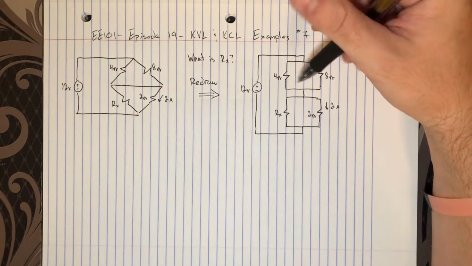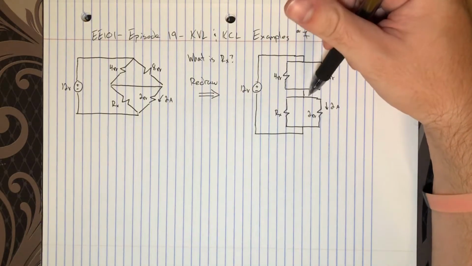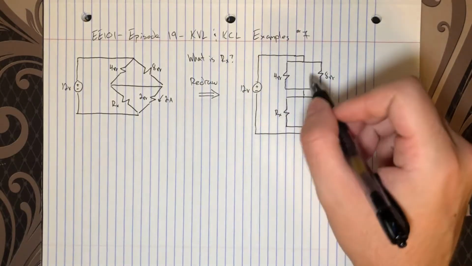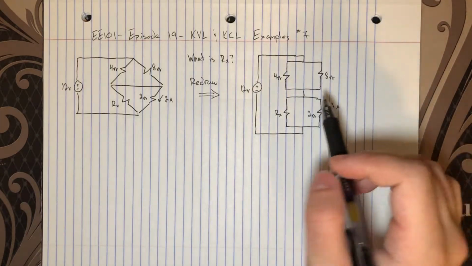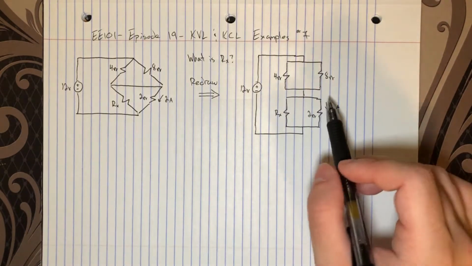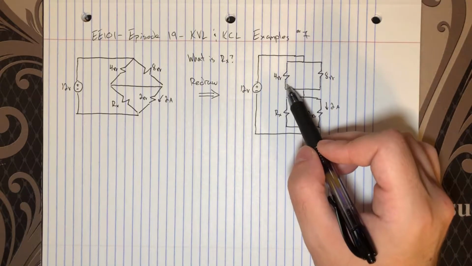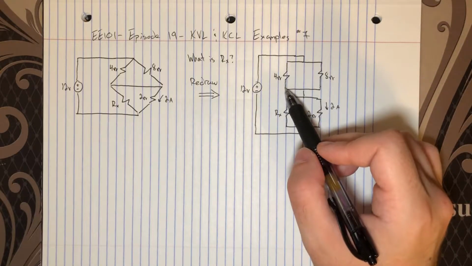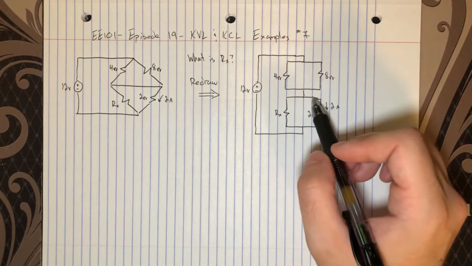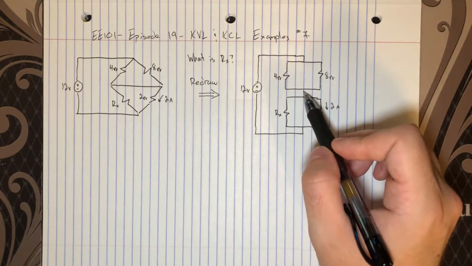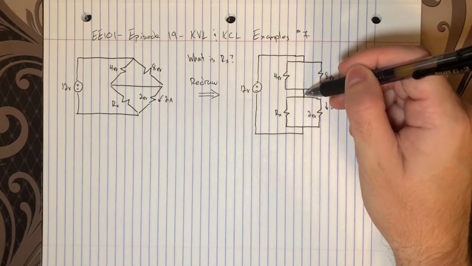I'm just trying to make it a little bit more clear of what's going on here by the way I've connected the nodes with my lines, with my ideal conductors. So I'm really just emphasizing the fact that this 4 ohm and this 8 ohm are in parallel, and Rx and this 2 ohm are in parallel. And so these two, where all 4 resistors connect, these 2 nodes on this side of the 4 ohm and the 8 ohm connect together, and then this side of the Rx and the 2 ohm connect together, and then all 4 connect together. So really there's 4 elements touching this node, but drawing it this way is really helpful